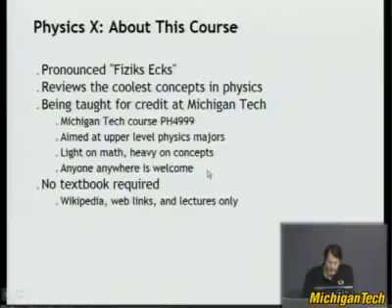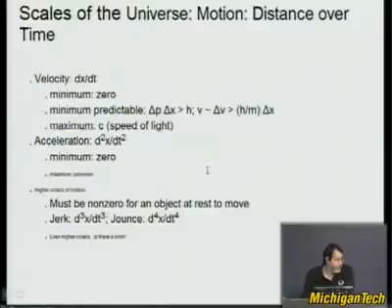Hello again, and welcome to Physics X, Extraordinary Concepts in Physics at Michigan Tech, this 15-minute lecture series. So today we're going to do some more on distance scales in the universe, and then I have another lecture that I'll be recording today on Special Relativity 1. So this is an actual college course. There are people taking this for credit at Michigan Technological University in the Upper Peninsula of Michigan. The idea is to be light on math, so you won't need to know much math, but to concentrate on concepts. If you want to know a lot about it, then go to the first lecture in this series, which talks about it a lot more. There is no textbook. I'm going to rely on Wikipedia links, which will be in every lecture.